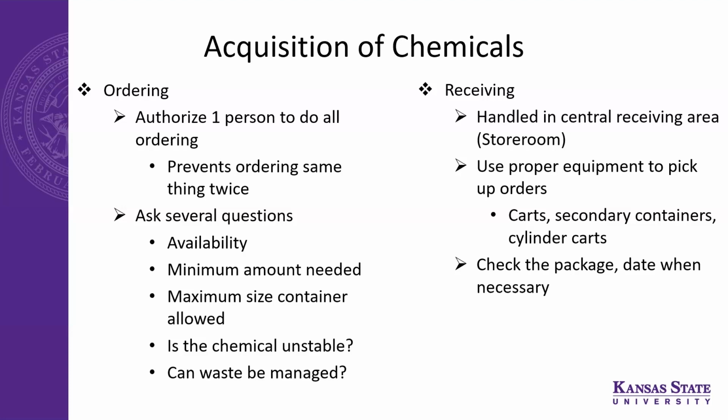And of course, before you order, ask these questions all the time. What is the availability of those chemicals? And what is the minimum amount you need? Say you may not need 100 grams of that chemical. Although it may be cheap to buy the 100 grams, if you need only 1 gram of that chemical, why buy 99 more grams, although it's cheap? And you may still have to